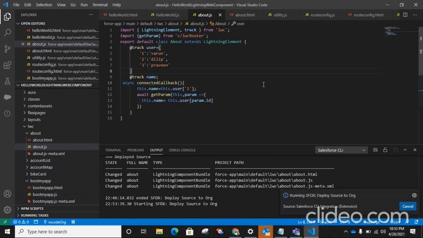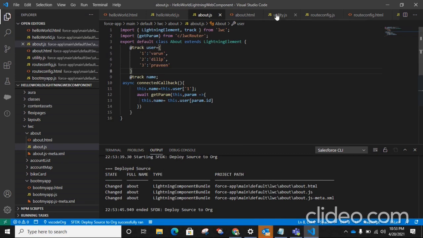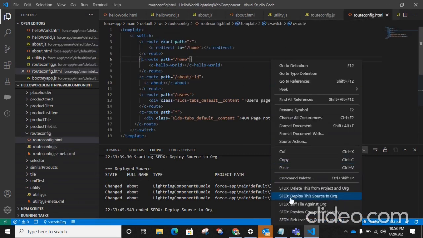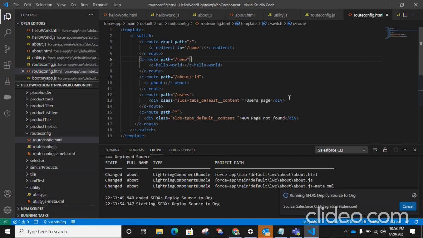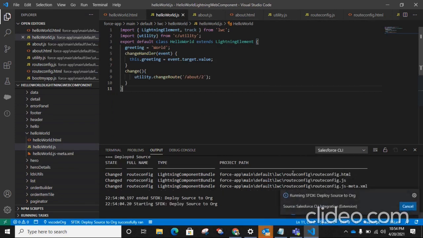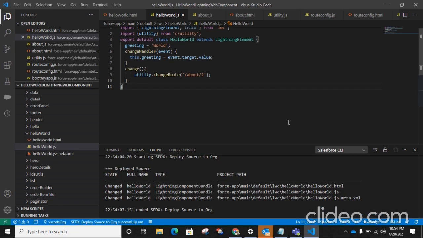Deploy this, and also deploy route config. I need to deploy hello world also. This deployment is for the getParam function.